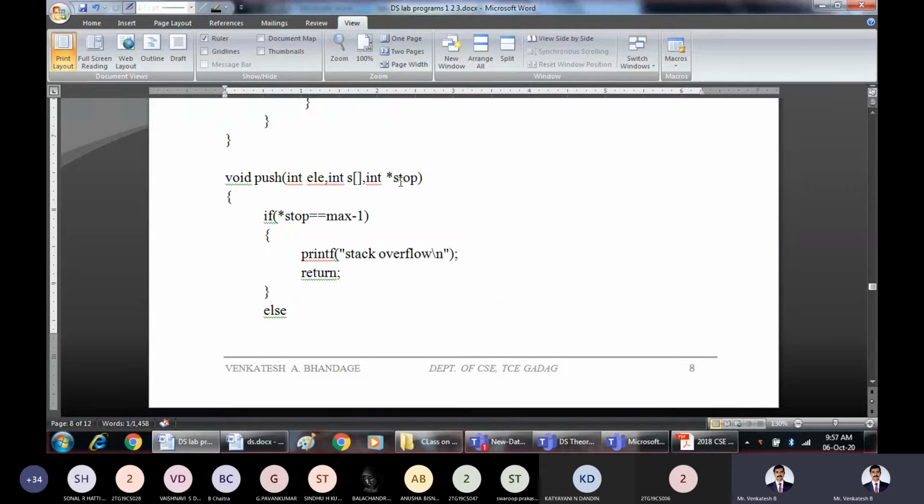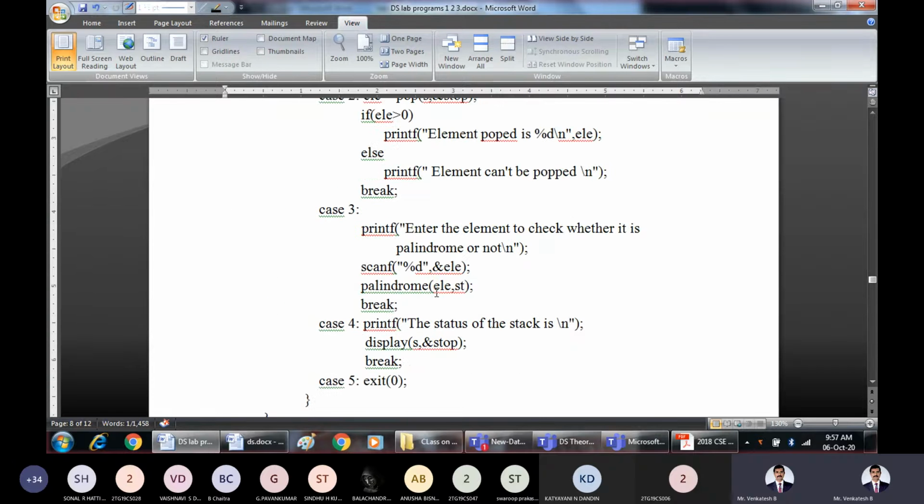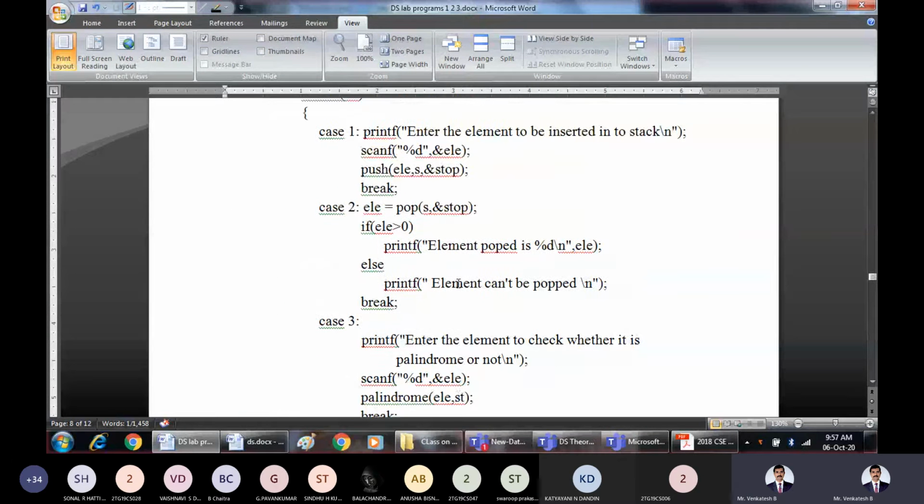In theory, while explaining, I had taken the normal stack, and here we are taking it with pointers, because you should be able to know both concepts. Here we are passing the address of the top, that is nothing but stack top.